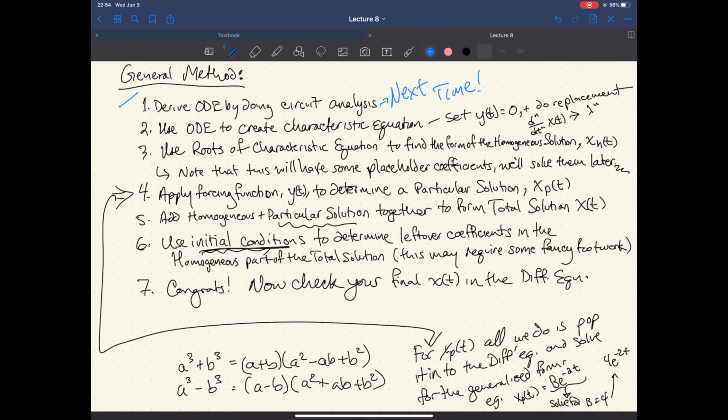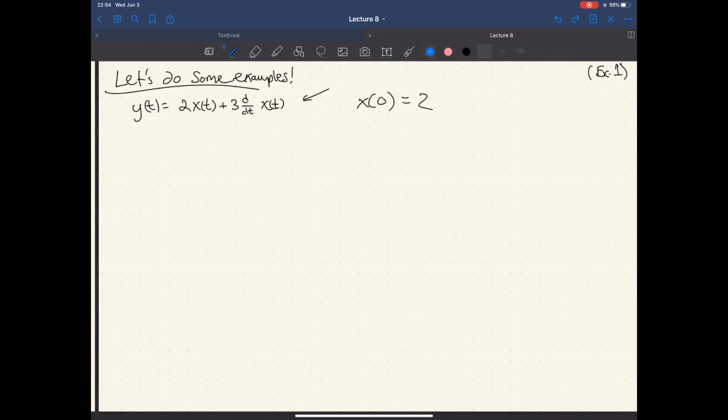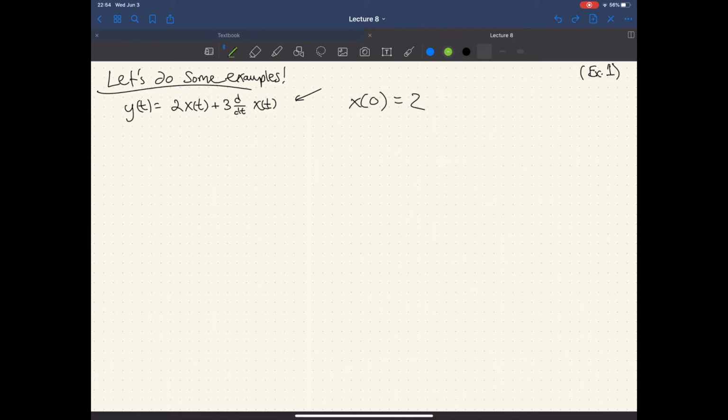We did that. Check. Okay, use the ODE to create a characteristic equation. All right, let's do that then. So we're going to make a characteristic equation. We set this guy equal to 0, right? In this particular example, I'm going to go ahead and give you guys an easy one and say that y of t is equal to 0 for this. So as it turns out, this is the case anyway. We'll see what this does. Makes it really easy.